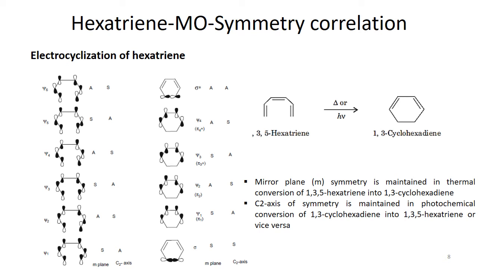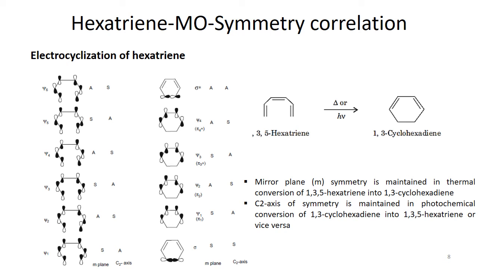But in case of photochemical reaction, this HOMO is changed. So HOMO is now psi4. So from psi4, the electrons can move to the ground state of these cyclohexadiene. So in that case, electrons should move to psi 3. In this case, we have to see from psi 4 the electrons shall move to the next ground state of these cyclohexadiene. Anyways, what we know about these, that electrons in this case, when we talk about